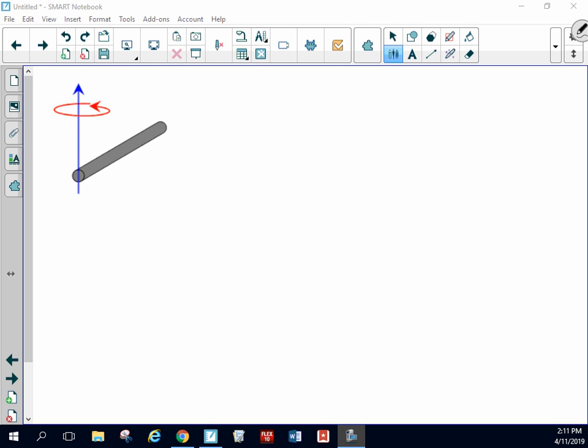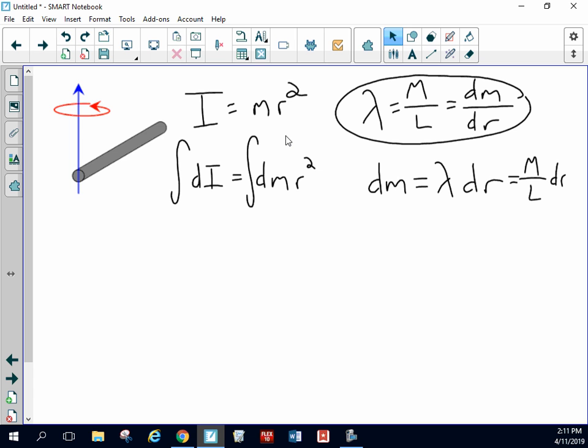Now we're going to look at a rod rotated about its end. So this is a uniform rod again. And if you're thinking this is similar to the rod about its center, it should be. In fact, most of the setup to this is going to be the same. So through the magic of animation here, let's just bring up the work that we already did for a uniform